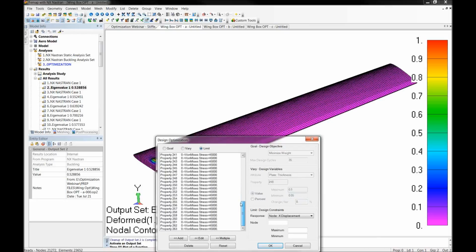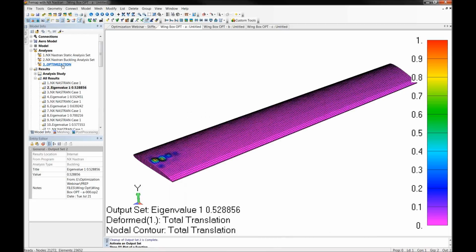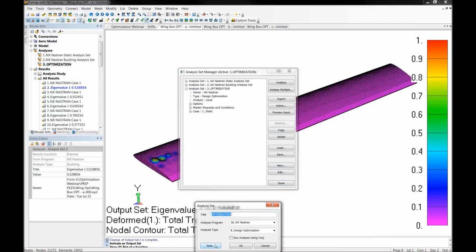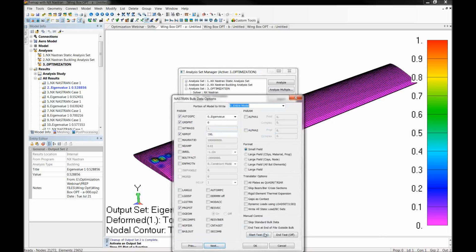For my constraints, I did a stress constraint of 45 KSI, and I already mentioned it's not going to drive the problem. And so that's really all we can do in this model optimization window, in this dialog box. And so how do we define the buckling? Well, when I set up the optimization analysis, same as before, I choose design optimization, next, all defaults. So here we need to edit the bulk data